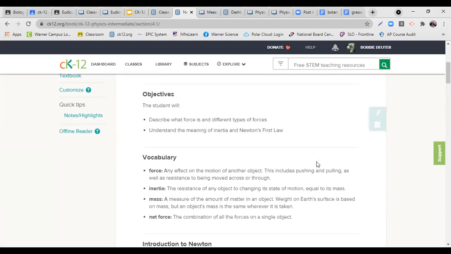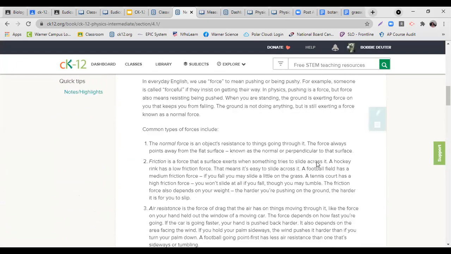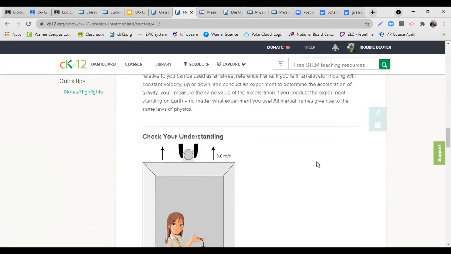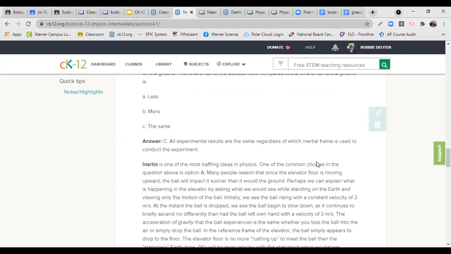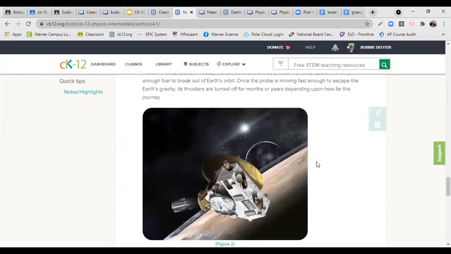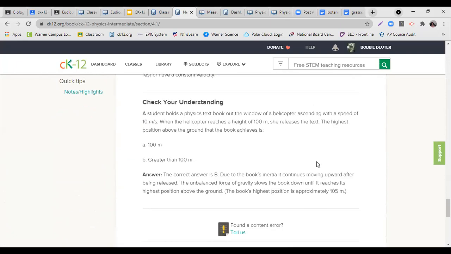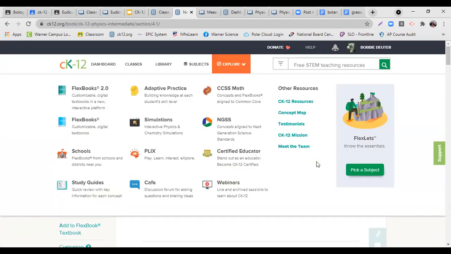So when I look at Newton's first law of motion, one of the things I can see right away is what we have for the first law. It's defining it. It's looking, check for understanding. Do we understand what's going on? It's got some questions with that. So that's wonderful. And then you're going to see at the very bottom, hey, here's some equations and here's going to be some check for understanding for this. Now, when we start looking at some of these